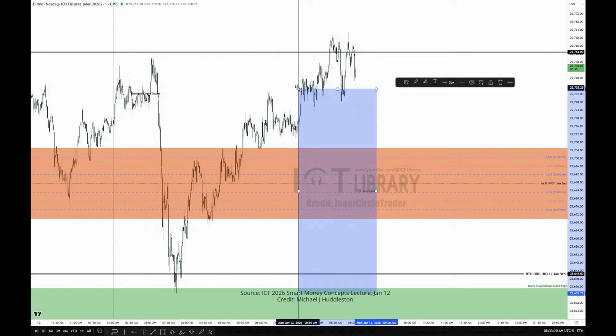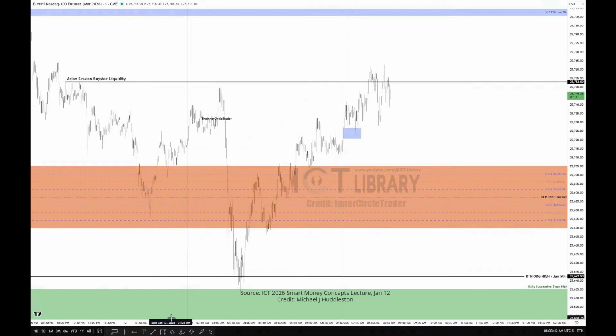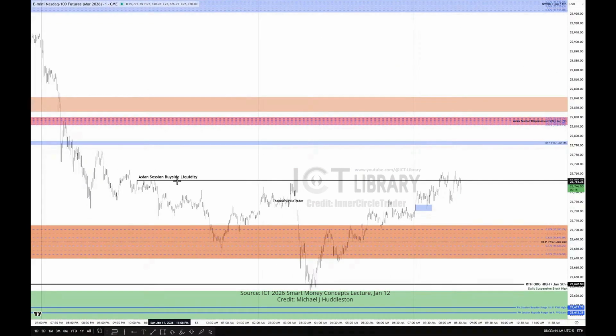So what would that look like? At 7 o'clock in the morning, here's the first presented fair value gap. And we already had on the chart at the start of the stream, before I even talked, we were looking at that clean level in the chart. So first presented fair value gap in pre-market session, it forms, trades down into it here and runs to the clean levels here.